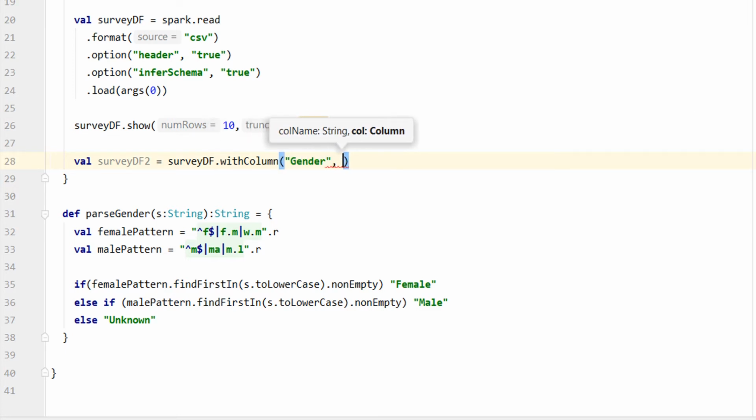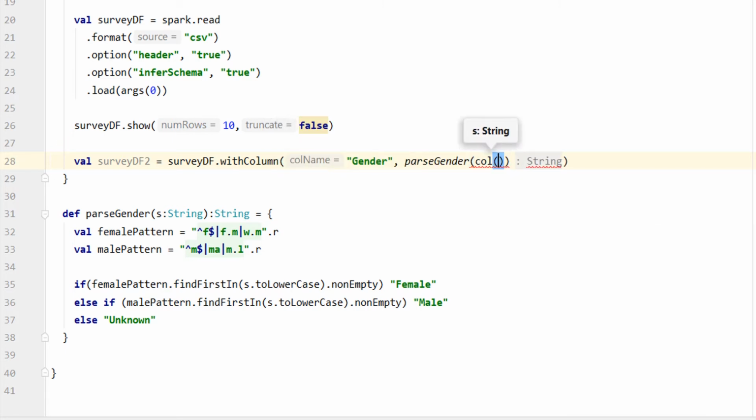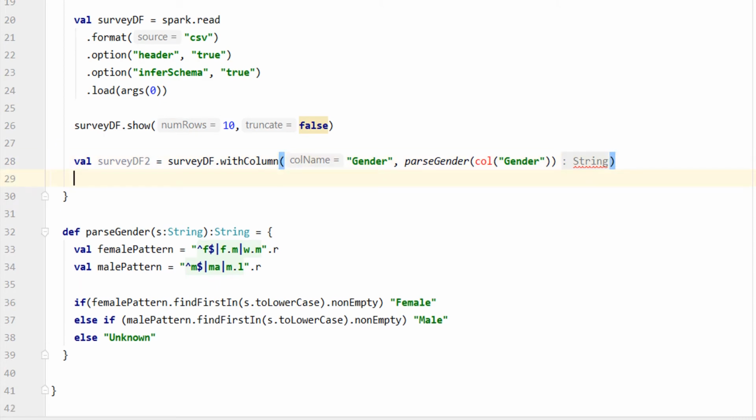So, in my case, it is the gender column, right? We want to transform the gender. The next argument is a column expression. So, what I want to do is to use the parseGender function and supply the gender column. My parseGender function will fix the gender string and return a standardized gender string, right? That's all we want to do here.